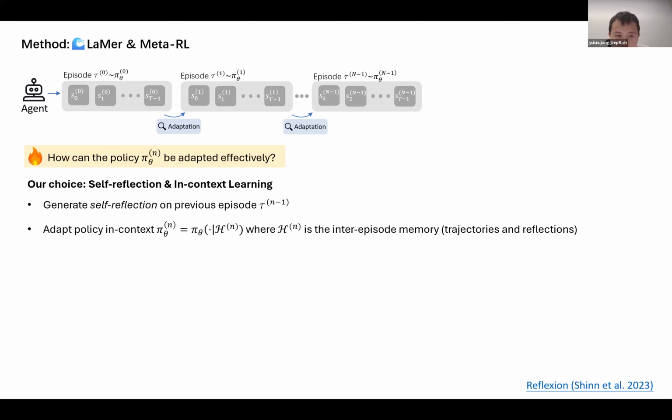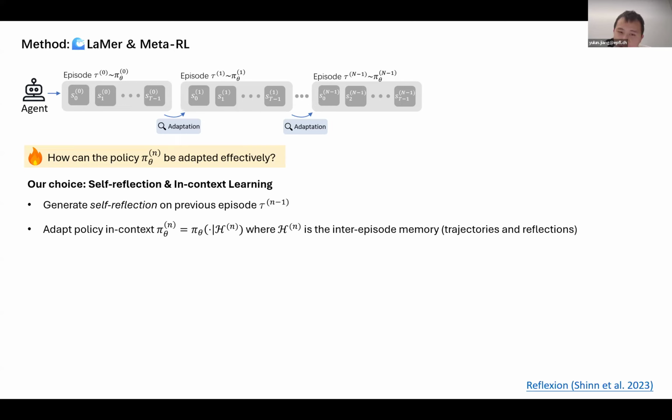After each episode, we prompt the agent to generate a self-reflection based on the previous episode to summarize what is wrong in the previous steps and what could be improved. And then in the next attempt, we adapt the policy by appending this reflection and the previous history